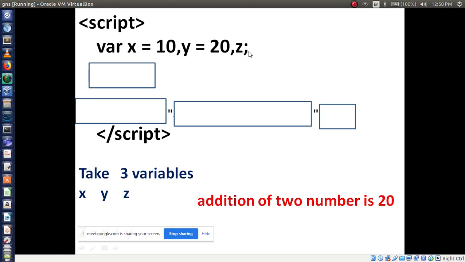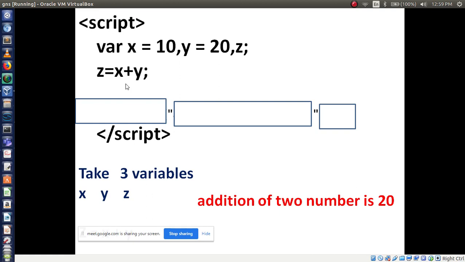Then z is left blank. No need to give a value to z because we are storing the result in the z variable, right? Now how to do the next operation? z is equal to x plus y. The result will be calculated automatically and stored in variable z. Now print this result. To print it, document.write.